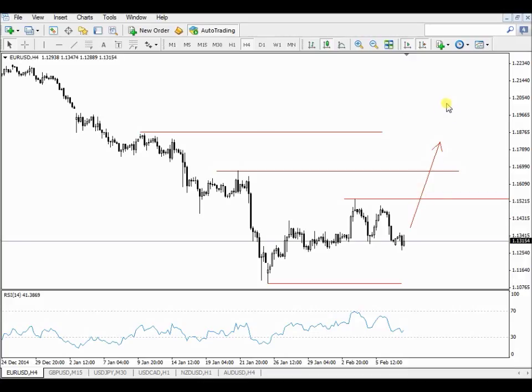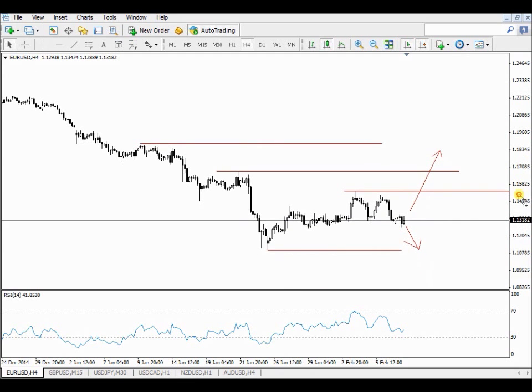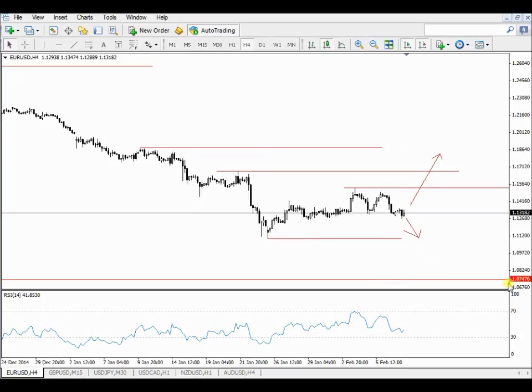goes up. What is the aim of the bears or the sellers in this market? From the current price, they are going for the support areas. They want to take out support. They are selling. If you sell something, you want the price to depreciate so that you can buy it at a cheaper price later. So the bulls or the buyers want to take out resistance, and the bears or sellers want to take out support. If that support gives up, I can promise you guys that the euro is going to the next support, which is only at 7.47, so that's another 600 pips.